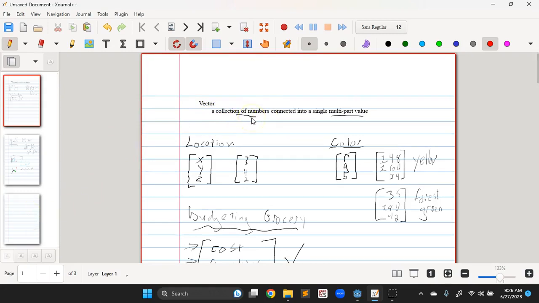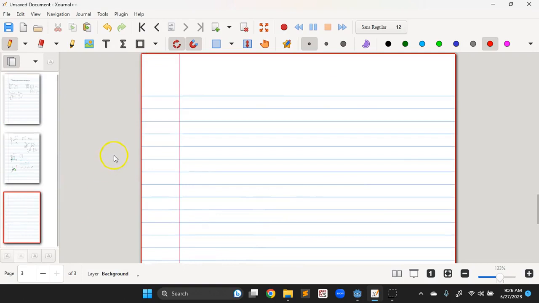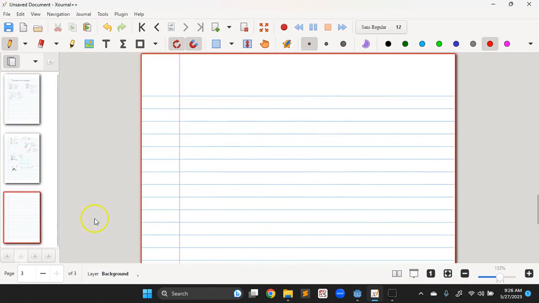We're working with a collection of numbers instead of a single value, but those numbers go together, like location in space, rotation in space, the color of things. There's multiple dimensions involved. So color space, location space, and all those dimensions go together to give us a space that we're working with. We talk about how we think about it, but we need to do a little bit of math. And the nice thing about that when it comes to coding is we deal with each dimension individually. So if we needed to say add two vectors,